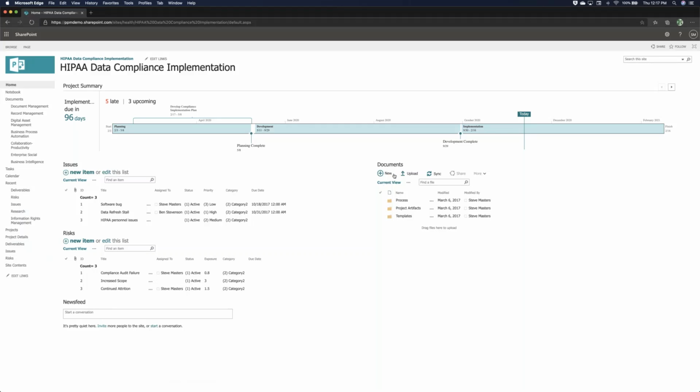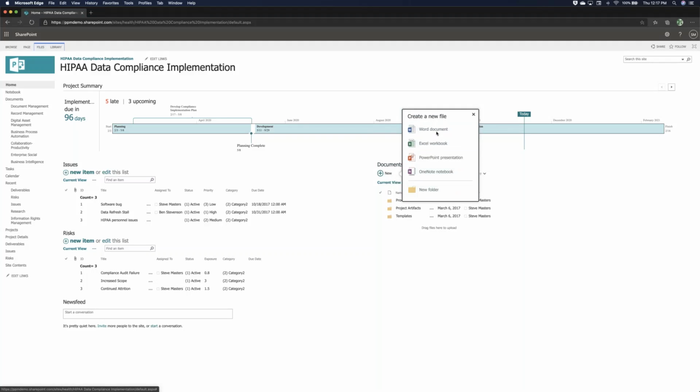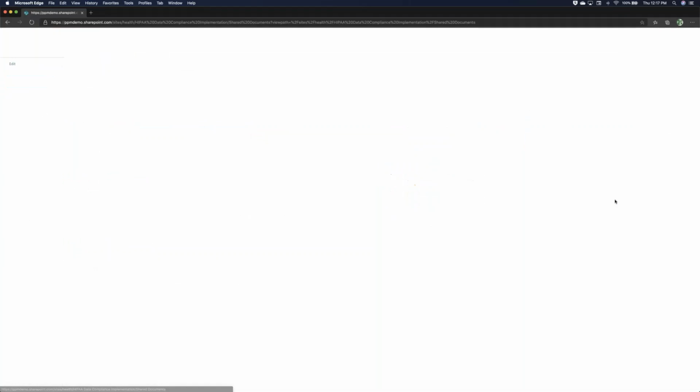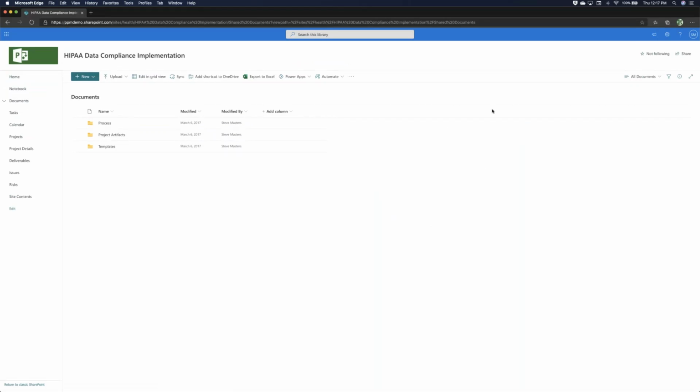Now, we talked about the idea of being able to use document templates in SharePoint. And that all relies on some features and capabilities that you'll be able to see surfaced in the new button directly within that document folder. So how do we go about doing that? Well, within a particular